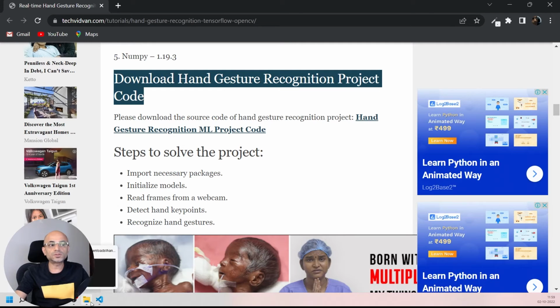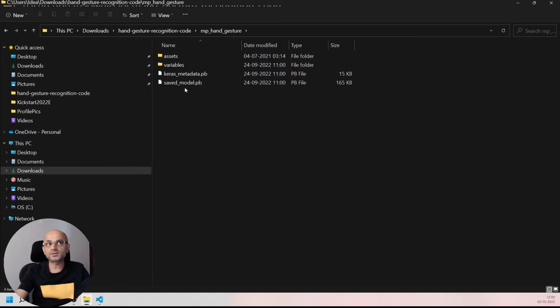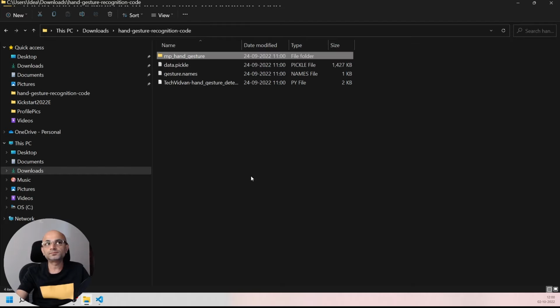Once you download and unzip it, it will create this content, like the Tech with One hand gesture detection Python code, which is the main code, and there are a couple of files and a directory. This MP hand gesture directory is the ML model, which has the saved model, which is the main model, the protocol buffer file, and the variables and assets directories.